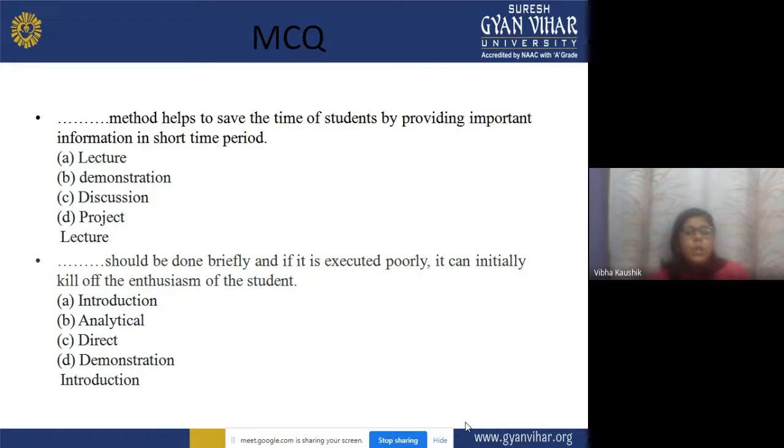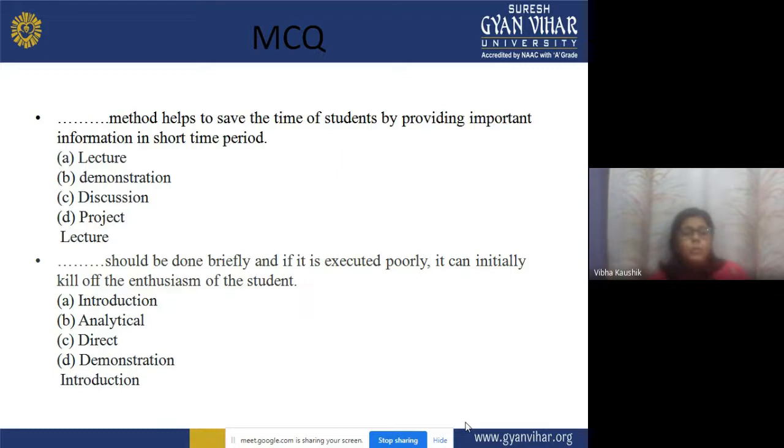Now the options are A. Lecture, B. Demonstration, C. Discussion, or D. Project. So the correct answer is option A, that is lecture method. It helps the students to save the time as they are getting all the important information in a